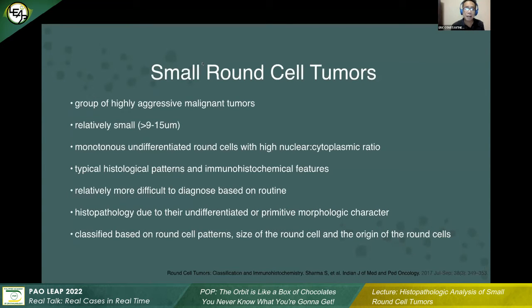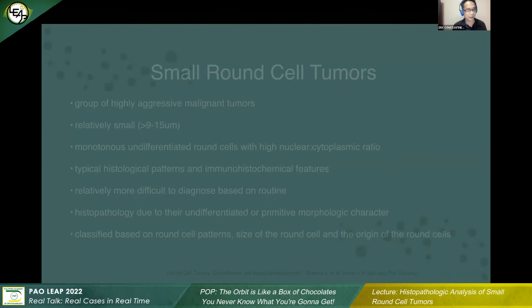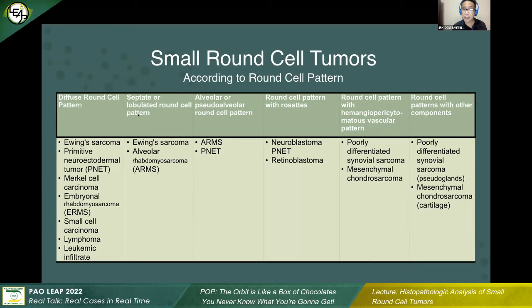They are relatively more difficult to diagnose based on routine histopathology due to their undifferentiated or primitive morphologic character. In other words, magkakamukha sila, right? And they are classified based on their round cell patterns, the size of the round cells, and the origin of the round cells. Now, you can see in this table that there are so many differential diagnoses when you say small round cell tumor. This one is according to their